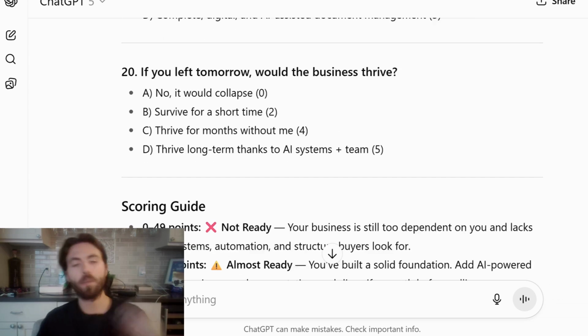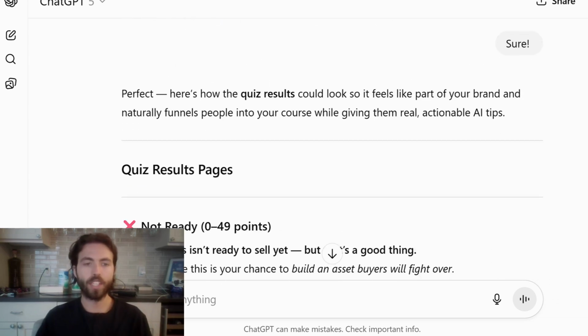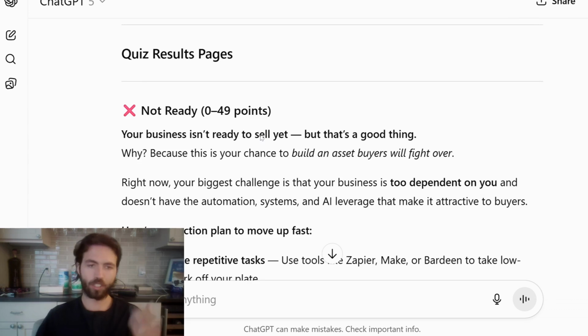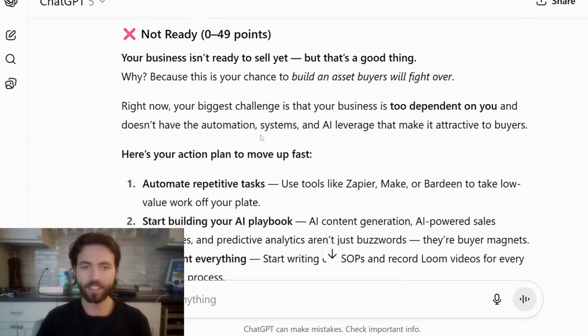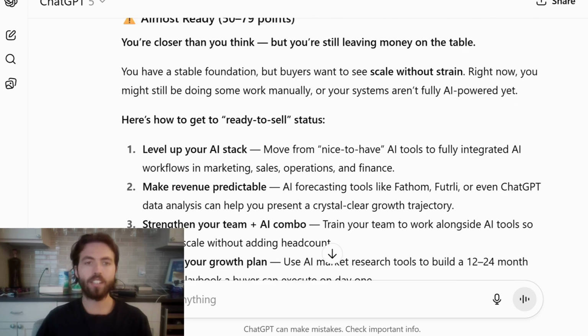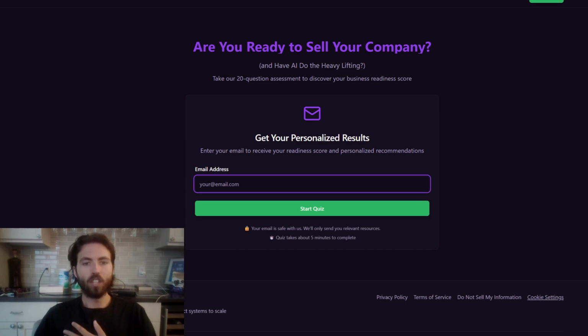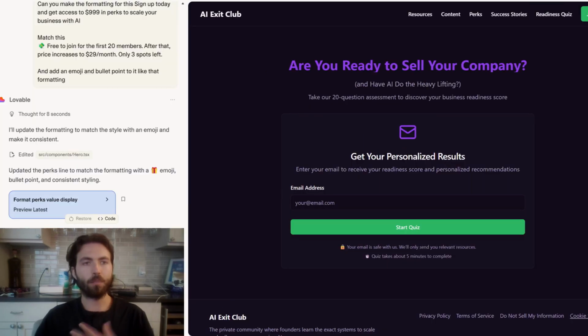And then at the end of this, people can get a sense for how close they are to selling their actual company. There's a quiz results page, which you could even customize at the end, what it looks like and how it will be shown at the end in my voice based on what I've already written, which is really neat. So then what you have to do is you simply input this into Lovable and you say,